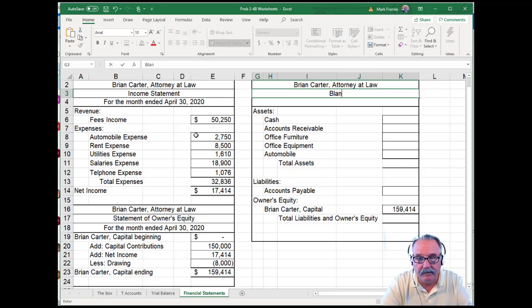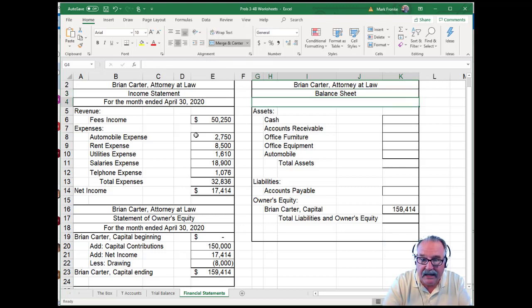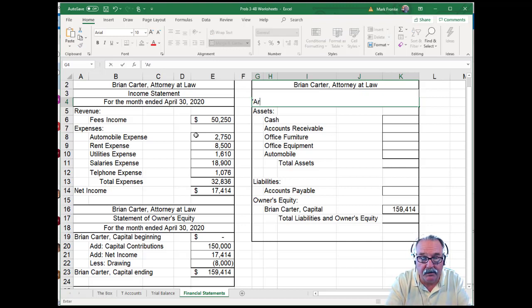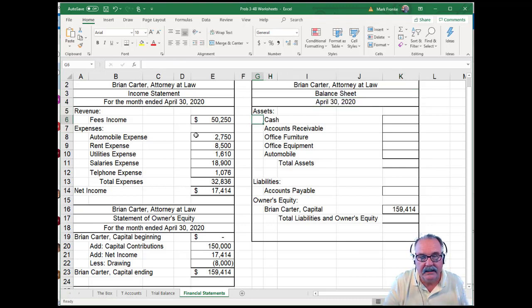This is a balance sheet. And a balance sheet is a moment in time. The income statement and the statement of owner's equity cover a period of time, in this case, for the month ended April 30th. But the balance sheet is as of April 30, 2020. It doesn't cover a period of time. These are the balances at midnight on April the 30th,